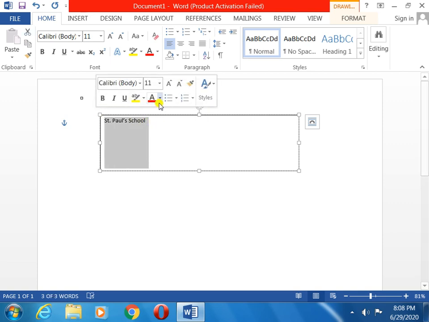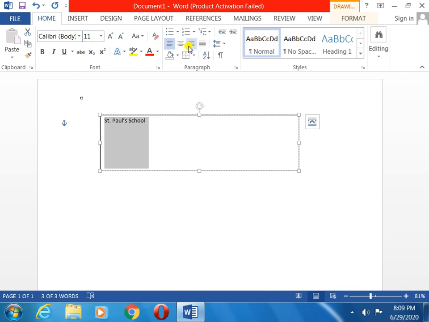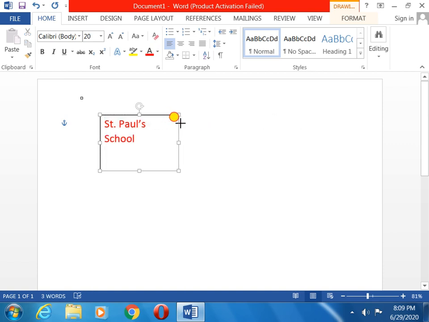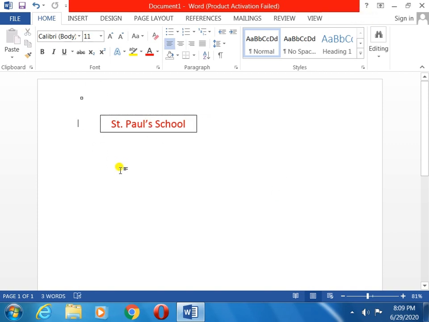Now if you want to put it in the middle place, you can do it. If you want it on the left side but its size will be more, you can do it. If you want to change the color, you can do it. If you are thinking you don't want to take more space, you can pull it to a small area. Now this is the complete text box. I have typed only the school name here. You can do many things: the school name, address, everything.